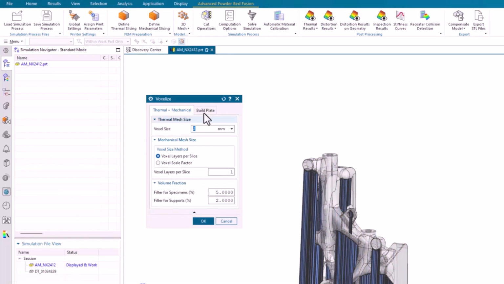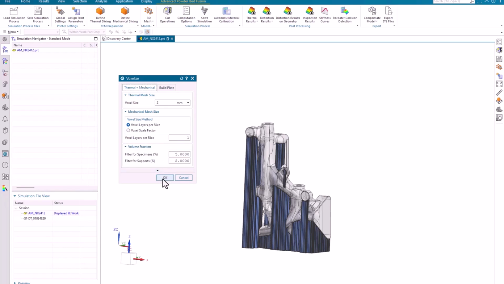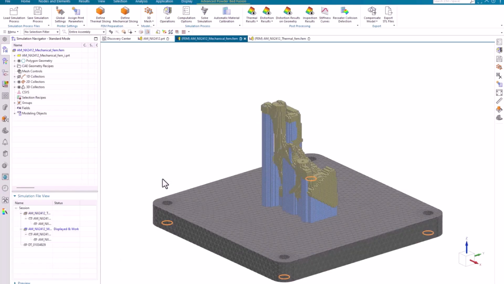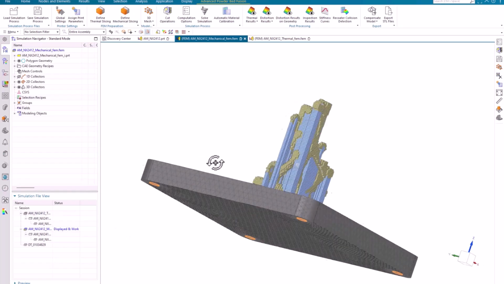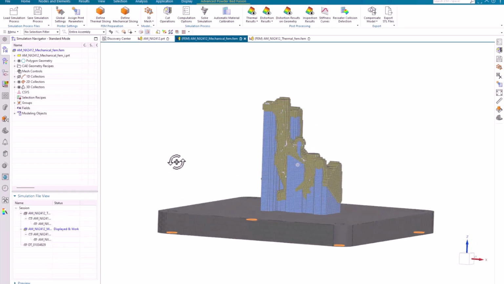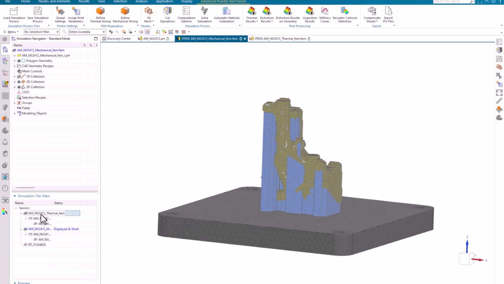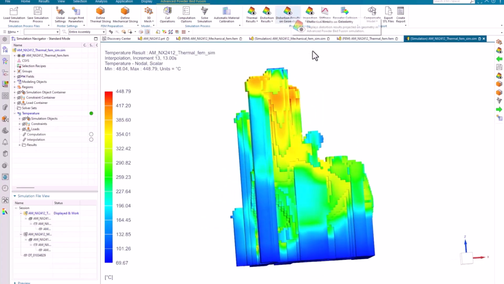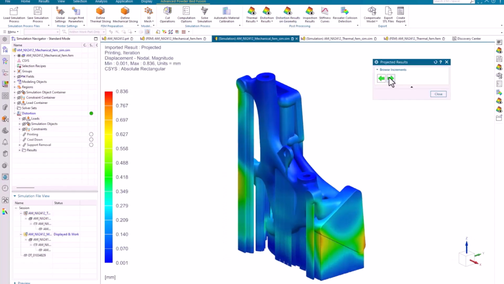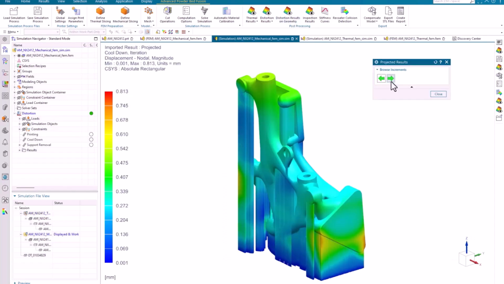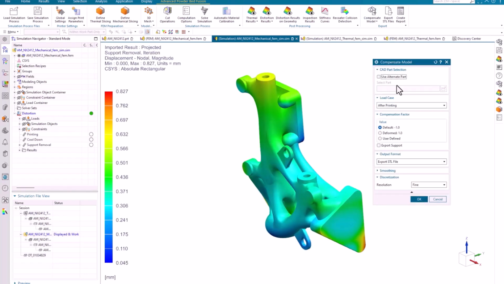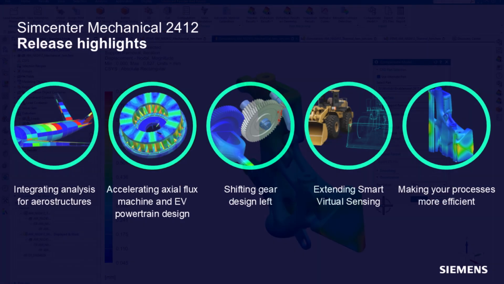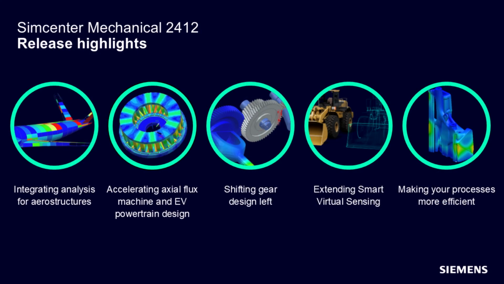This also helps less experienced users use the advanced solution without having to manually build a tetrahedral mesh. Additionally, a new non-uniform voxel mesh option helps optimize the model to reduce simulation time. Another advantage of the voxel solution applies to printing for tall parts. The thermomechanical voxel simulation will lead to non-uniform temperatures and strains, which means it predicts cool-down shrinkage, as opposed to standard inherent strain methods. As you can see, the 2412 release includes many new capabilities that can help you transform